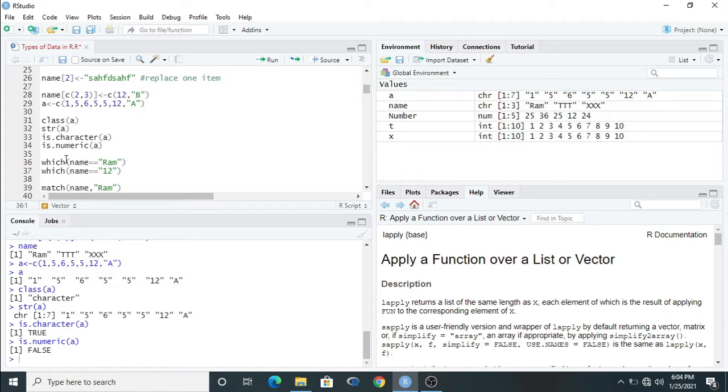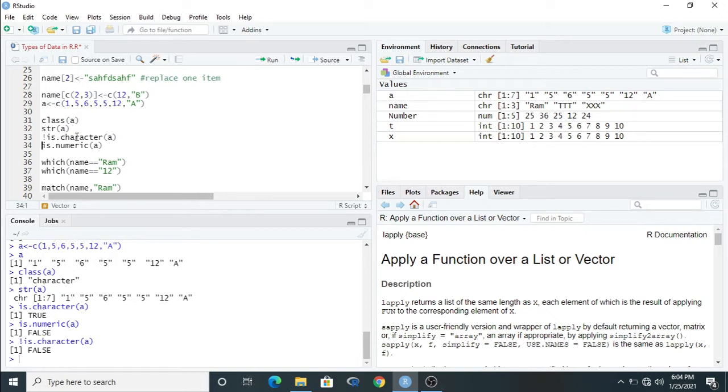It indicates false, this is not a number. Okay, and you can also use the not sign with is.character; this sign indicates not a character. Our question is whether it is not a character. Then run this, and it will show false because it is a character. Okay, so these are some general operations for vectors.